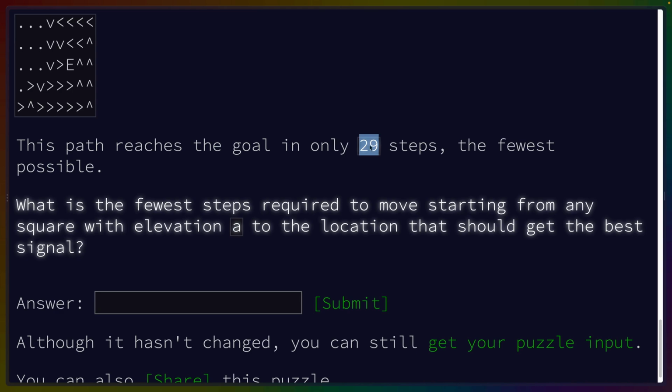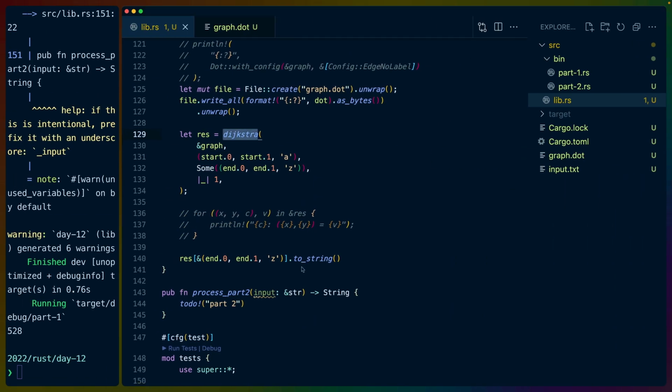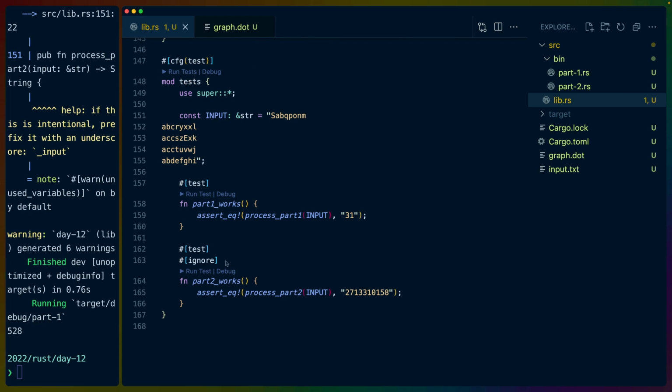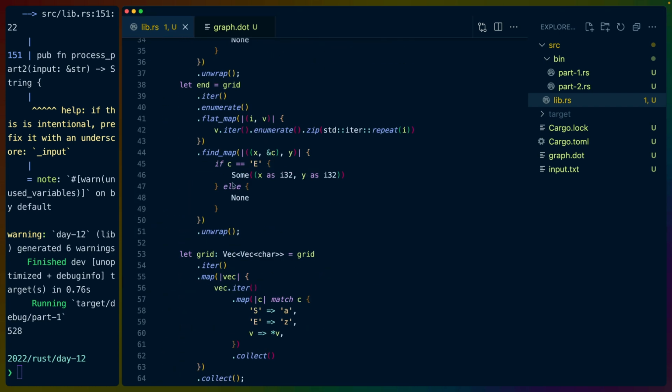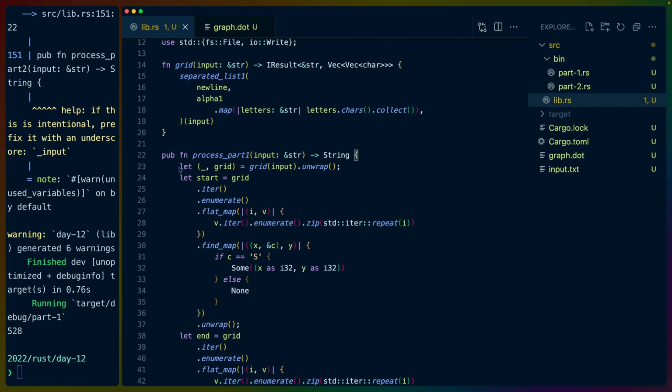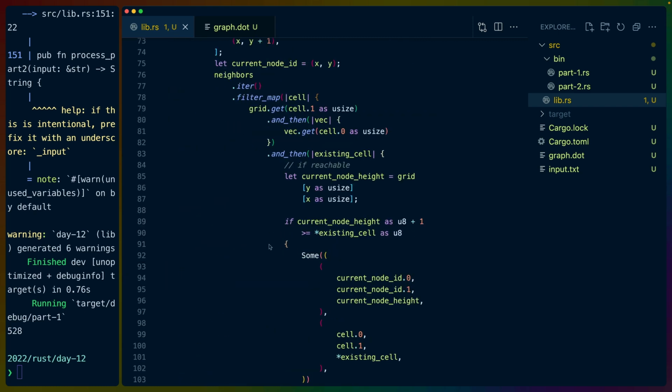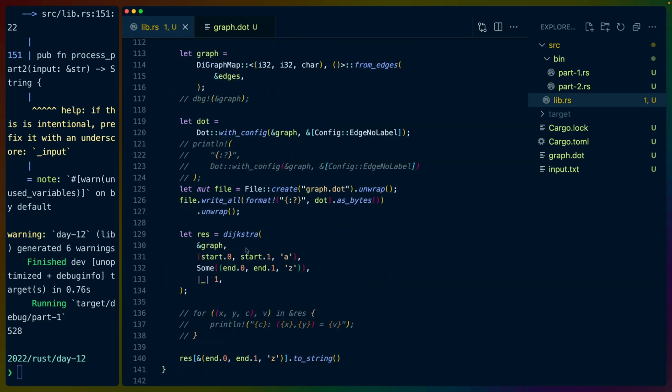The path reaches the goal in 29, so 29 steps is our answer for part 2. Let's get that test running. I think if we started at E and we reversed all the edges and then we ran our algorithm, we would be able to come out with an A that was at 29. The other option is we keep everything the way it is and we just run it for every A. We run the Dijkstra algorithm for every A, which wouldn't really be a problem, but it may not be the